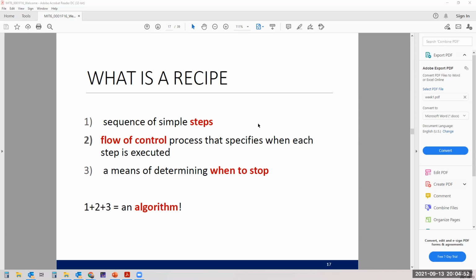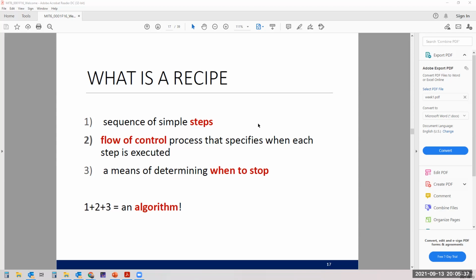A means of determining when to stop. We should have clear information telling us that once you arrive at that point, stop. So there is no open-ended program. And next week, when we talk about iteration, there is a fatal mistake if we enter an infinite loop, where we keep circling and the computer will not stop. So there should be a stop condition. I have to stop at a certain point.